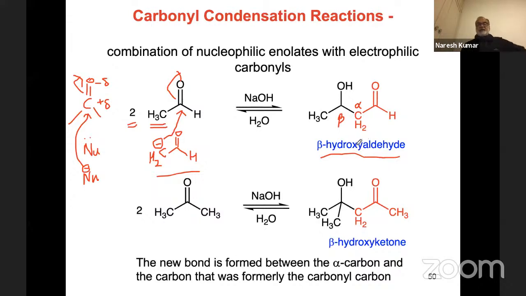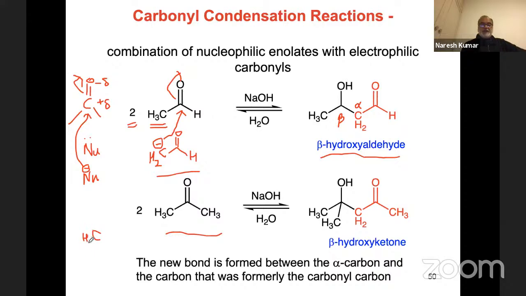So you will get this compound called hydroxyaldehyde. And this reaction is reversible. You can see that it's not written with a direct arrow. And the same thing applies to acetone as well: in acetone, you can also remove one of the protons